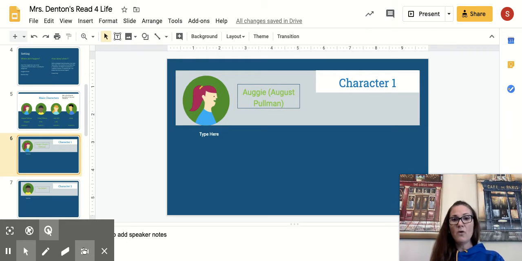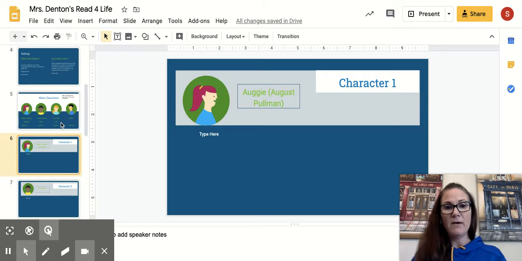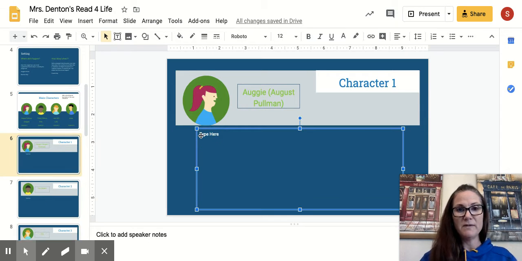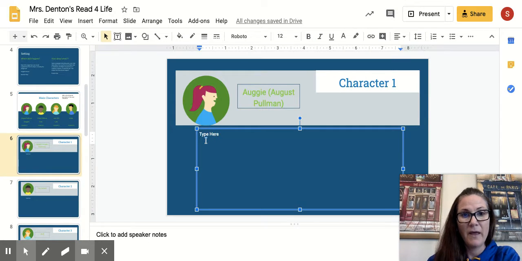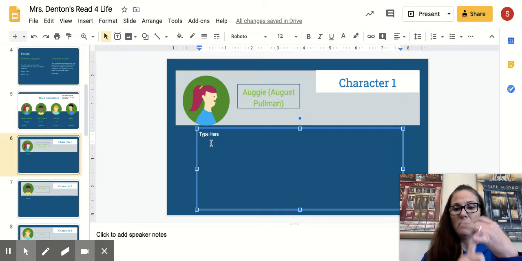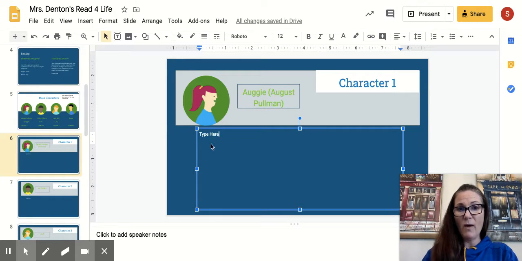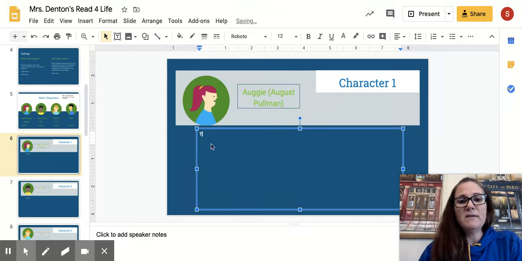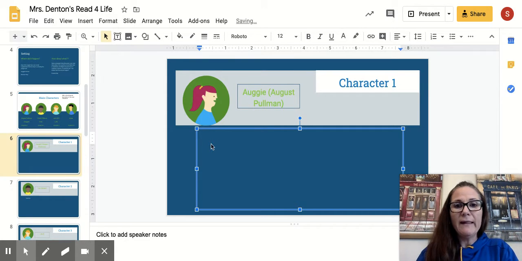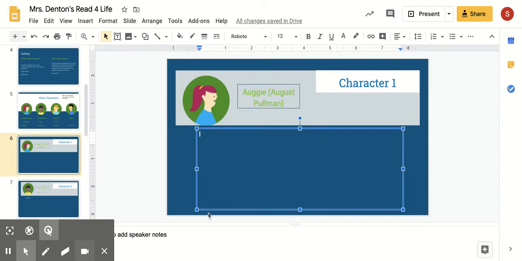Okay, so I want to go back and think about what I am supposed to be putting in here. So I'm going to make sure I'm talking a little bit about his physical and some of his character traits. So I'm going to just start writing what I think anybody who has never read this book really needs to know about Augie. So here's what I'm going to do. I know that August